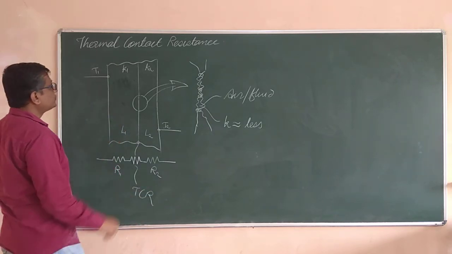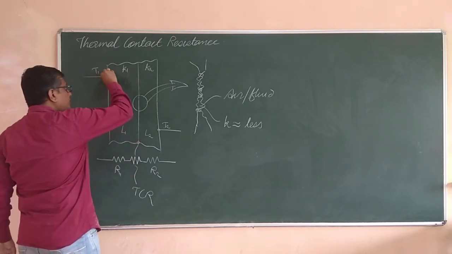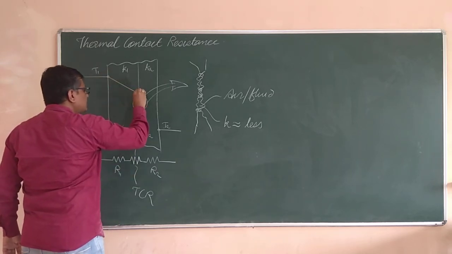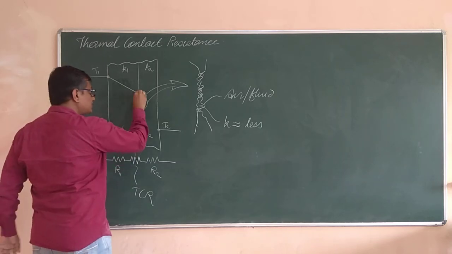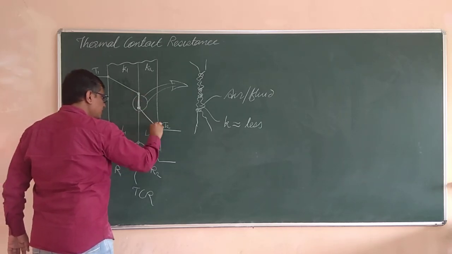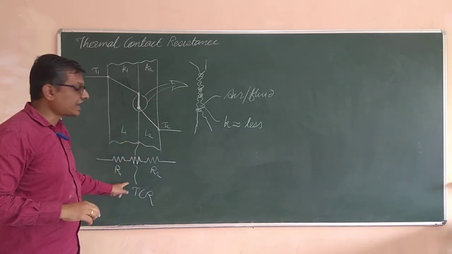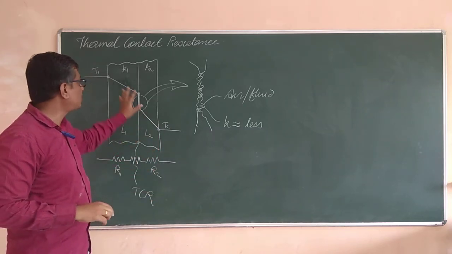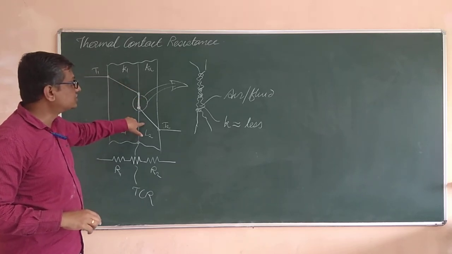And that is the reason if you check the temperature distribution in the slab, the temperature is dropping in this slab maybe something like this, but at the interface of these two surfaces itself there exists a certain temperature drop, and then onwards another temperature drop. Now, this temperature drop is taking place due to the very high thermal contact resistance of these two sheets at the joint of these two sheets.